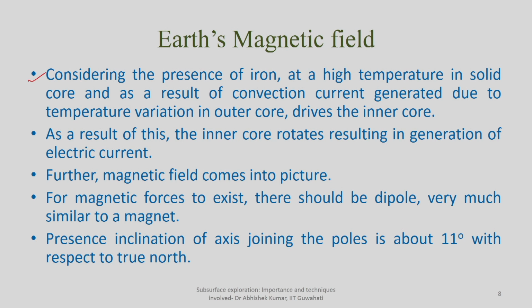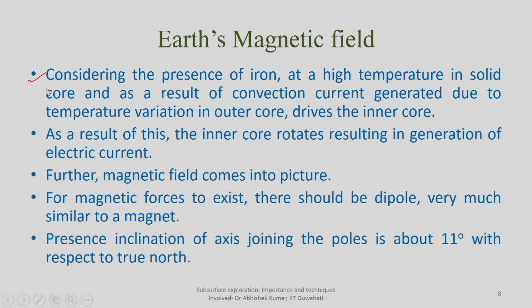So considering the presence of iron, now you are having some material which is actually solid, which is iron, which has magnetic characteristics. You are actually rotating that material, as a result of which there will be generation of electric current. So if some material which has magnetic property is rotated, it is very much similar to generation of electricity. So there will be some kind of electric current, and then once you have electric current, perpendicular to